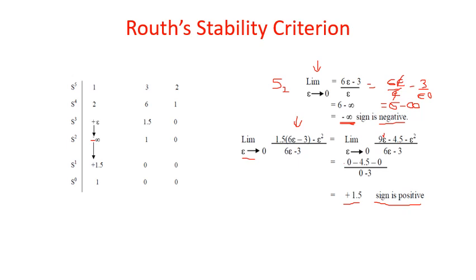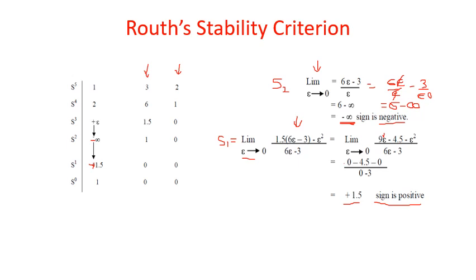So these columns don't change. Whatever is there in these columns, keep it like that itself only. The only change will be wherever epsilon was there in the first column. Then in the S1 row and the first column we had this element, so substituting epsilon equal to 0, we got the value plus 1.5. Hence right here plus 1.5. The remaining will be 0 itself only. Then S0 we had 1.